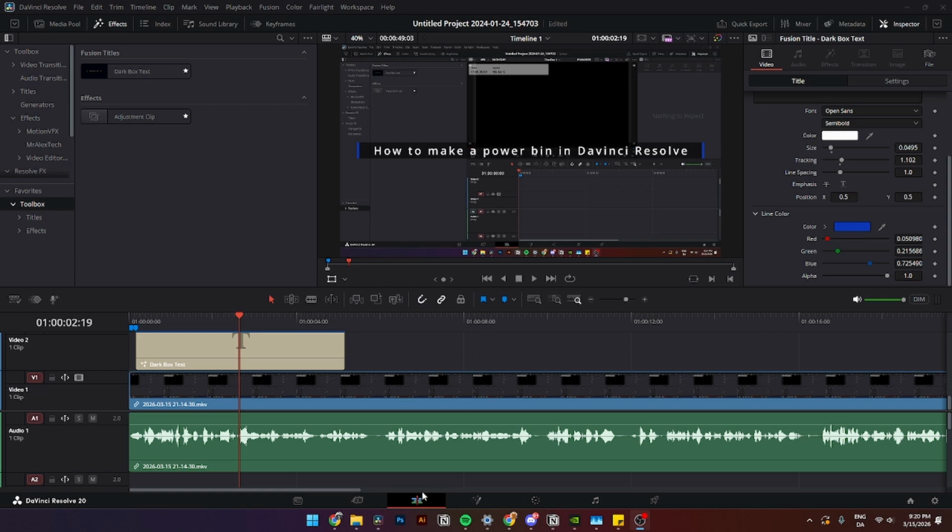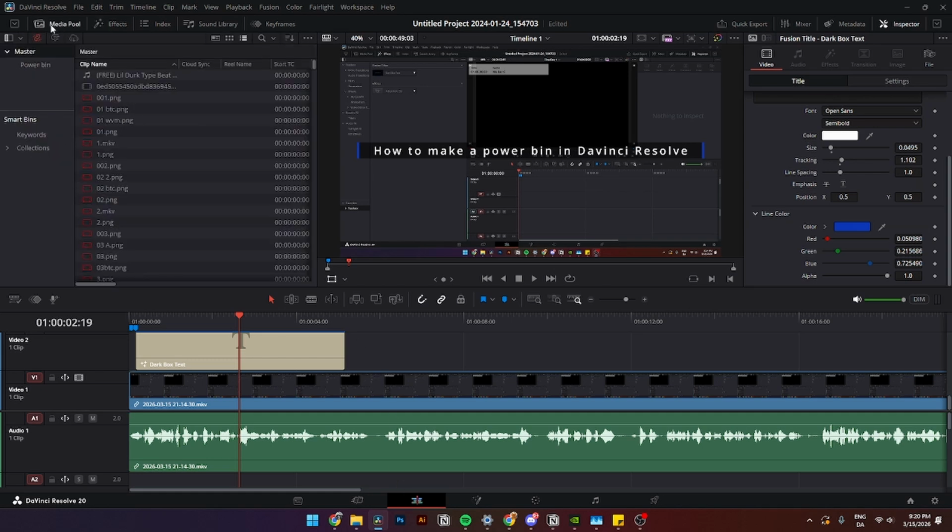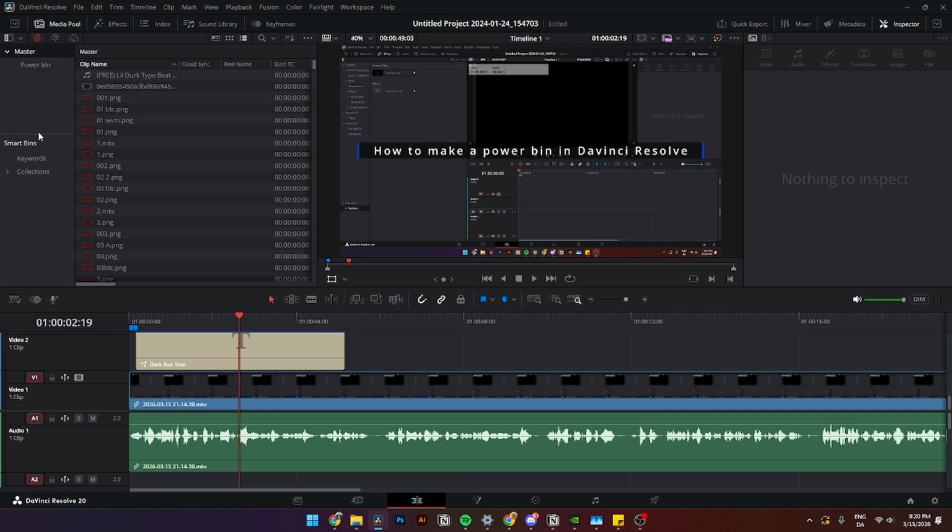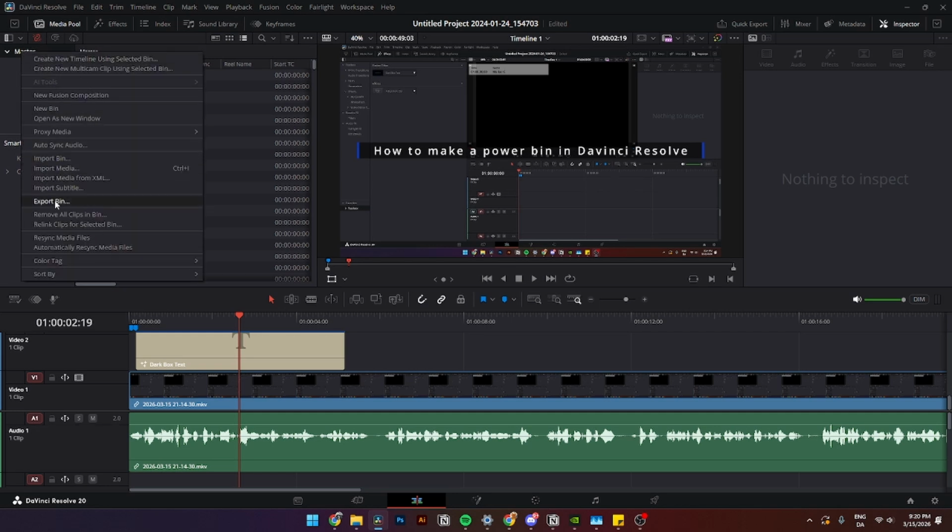From here, you'll need to go down to the Edit page down here and then go up to where it says Media Pool. Now once you click on Media Pool, you'll see the master bin right here. You'll also see the smart bin and all of the bins that you have previously created. From here, you'll just need to select the master bin and then right click on it and then go down to